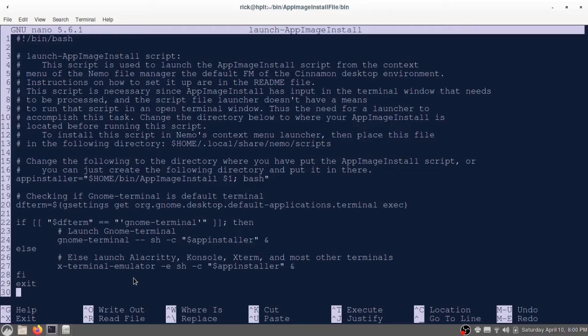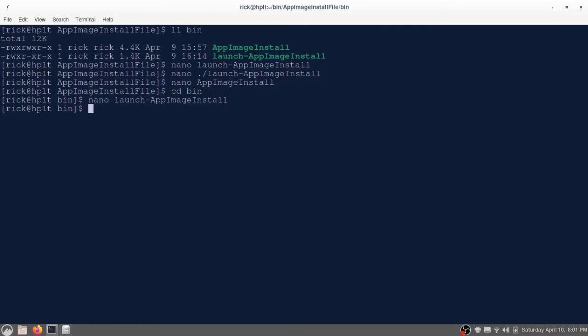But if you're in Nemo, chances are using anything other than GNOME terminal or Alacritty or something like that is probably slim to none. So unless you intentionally install something totally different on here, in which case you can figure this part out yourself, do a little research, edit this file, bing, there you go. So anyway, that's that. Now we're going to nano into